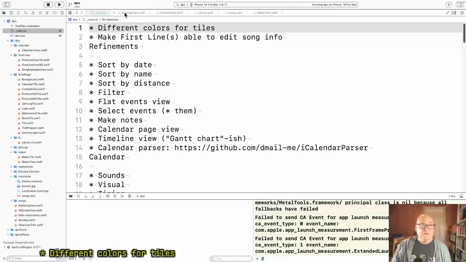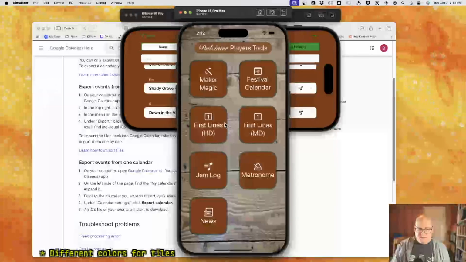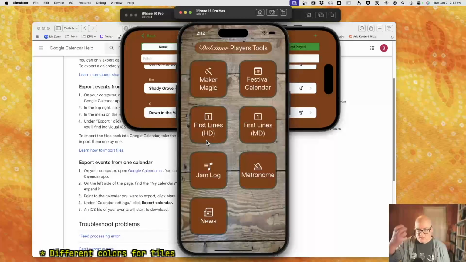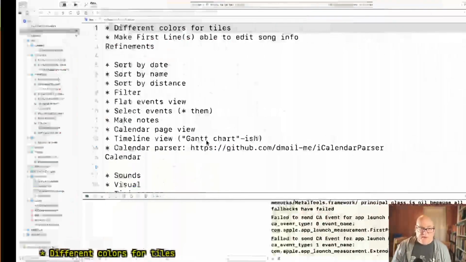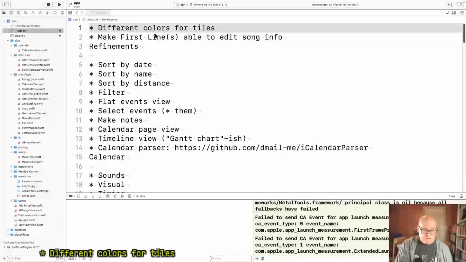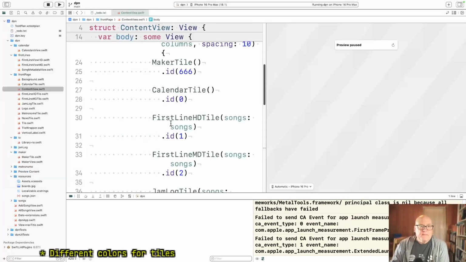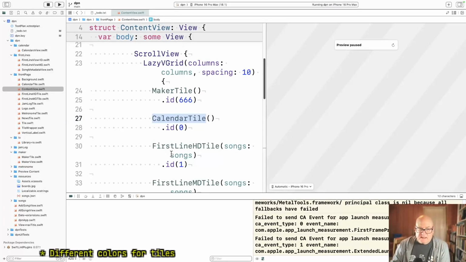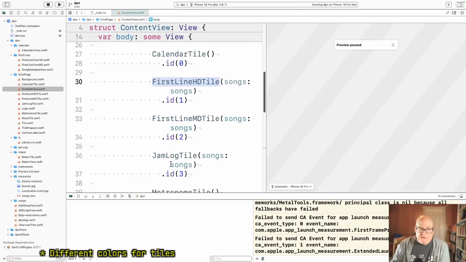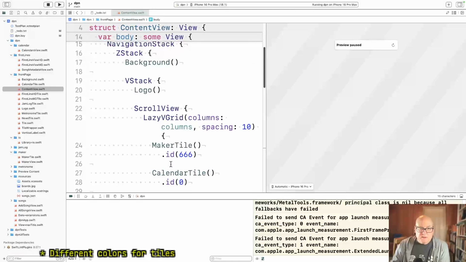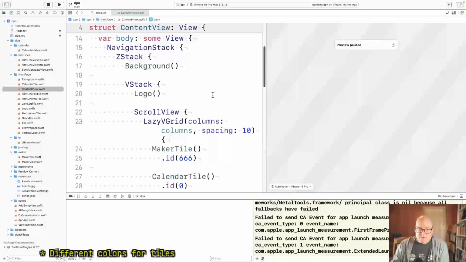what I feel like I'm coming towards without actually getting there is, I think there's some notion of the tool that's independent of the view of the tool, and we don't have that yet. So let's open content view because it's the top. Okay. And he just has these things as tiles. All right. And there's nothing, like if I want to sort the views to the top by choice, I need to have what is the thing I'm sorting. Well, it could be views. I mean, that's not totally impossible, but